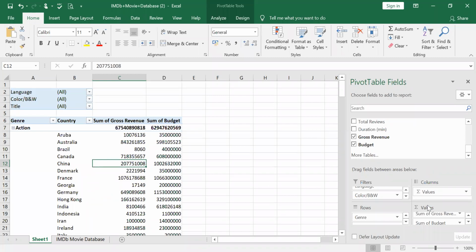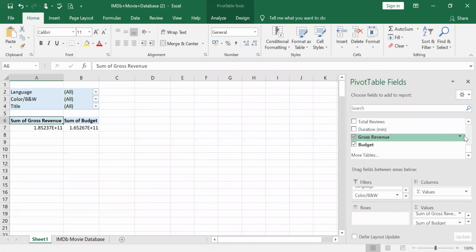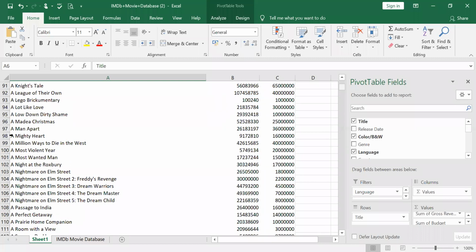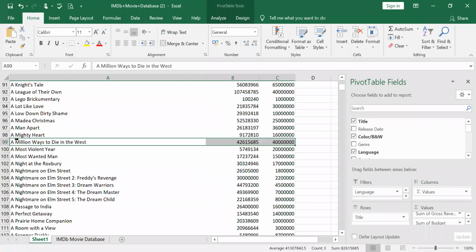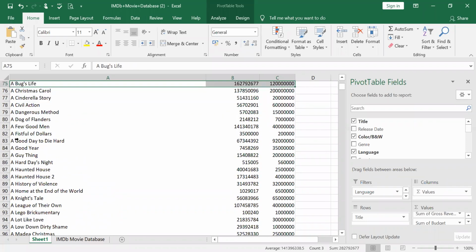See, for example, I just want a title. Go back. I want to bring title here, so I just want to have the details of the title. See here, when you are arranging title ascending or descending, normally in Excel, when you go by alphabetical order, it starts somewhere here. Here it goes A. So actually alphabetical order should start with A.